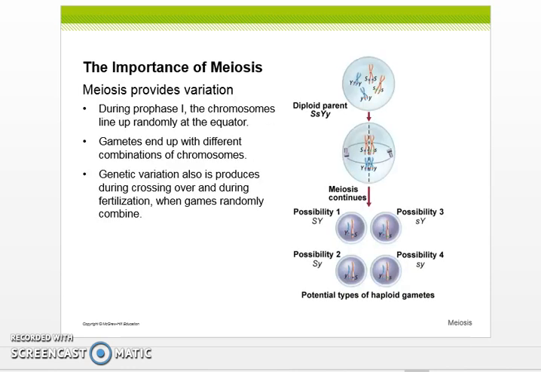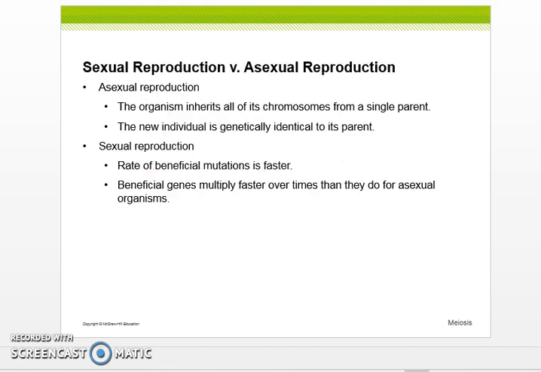Now, it's important to point out when we're talking about variation that during metaphase 1, the chromosomes line up randomly at the equator, and gametes end up with different combinations of chromosomes. Genetic variation is also produced during crossing over and during fertilization when gametes randomly combine. Now, while we're on this topic, it's important to understand there are 2 types of reproduction, sexual and